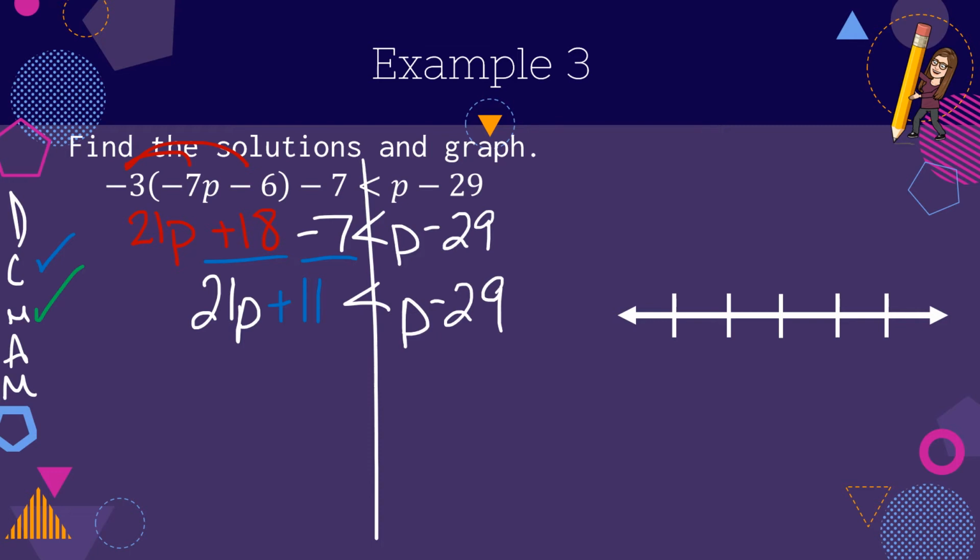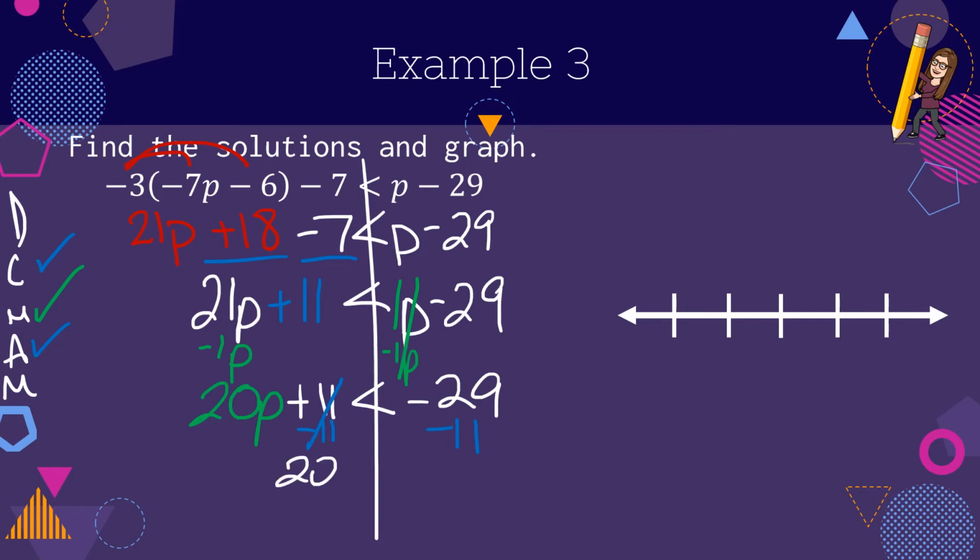Move. Yep, I've got a move to make. There's a p on the left and a p on the right. I'm going to move the 1p because it's smaller. I like to move smaller numbers. Instead of 21 pizzas, we now have 20 pizzas. And everything else falls down. Next, we're going to add or subtract. Yep, I'm going to minus the 11 over to the right. The 20 pizzas fall down, the symbol falls down, and careful, that's a